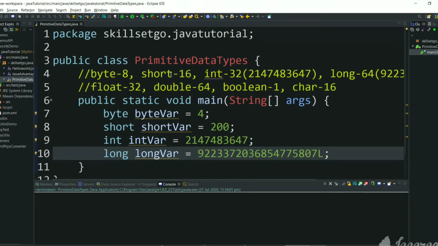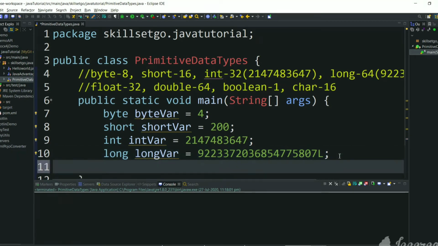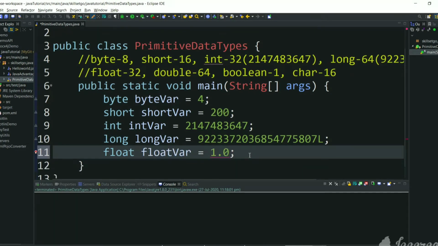Now we have seen byte, short, int and long, which differ in their sizes. Now let's go to float. Float is a 32-bit data type, and we can assign a float by mentioning 1.0. We are getting an error: type mismatch, cannot convert from double to float. If you want to mark this as a float, we need to mention f at the end.